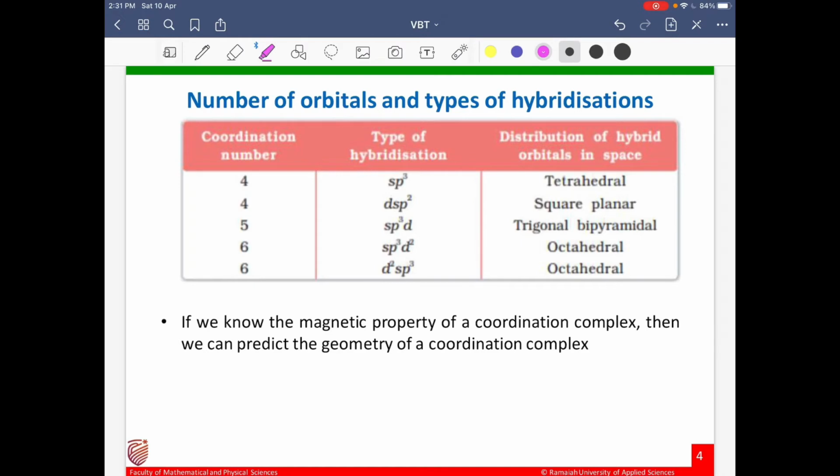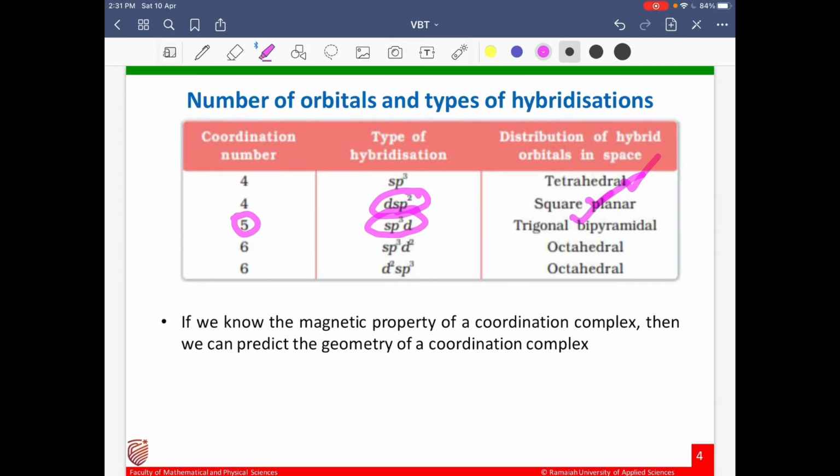If the coordination number is 4, two types of hybridization and two types of distribution of hybrid orbitals in space can be obtained. If it is sp3 hybridization, then it will be tetrahedral. If the coordination number is 4 and the hybridization is dsp2 type, then the shape of the complex will be square planar. If the coordination number is 5 and the hybridization is sp3d,